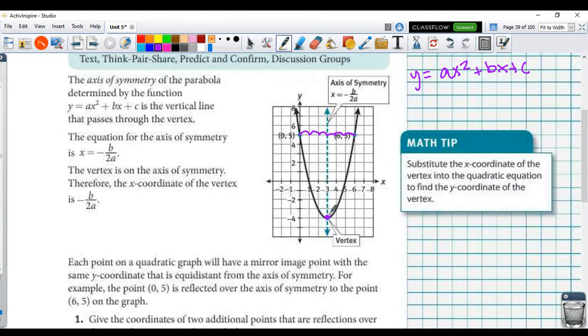Okay, that's the only point that doesn't have a symmetrical point on either side of the axis of symmetry, because the axis of symmetry cuts directly through that point. Okay, so what we're going to do using these ideas,